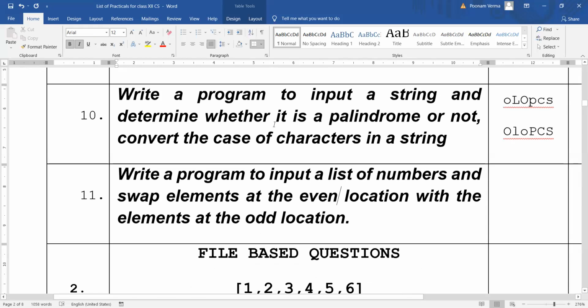For this one, functions are available, like toLower, toUpper, these functions are available. But again, I would prefer that you try to develop logic on the basis of Unicode values. Okay? Twinkle, clear? Yes, ma'am.